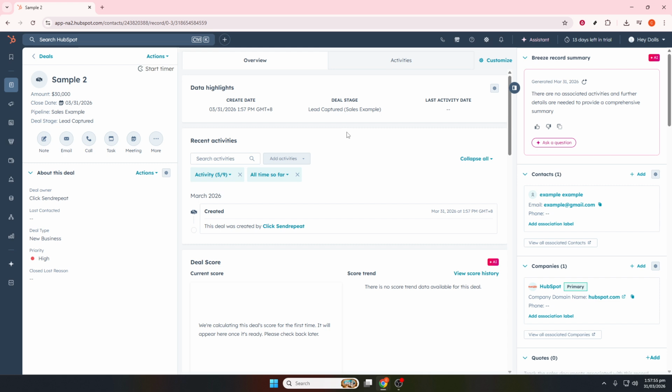Evaluate performance by tracking total revenue, win rate, average sales cycle length, and conversion by stage. Finally, compare your actuals to the forecast to spot gaps and underperforming stages, and adjust your stage